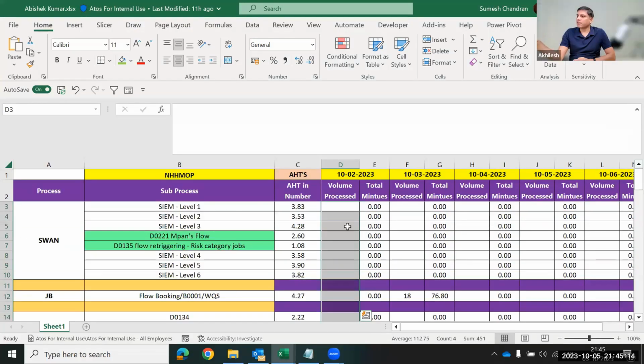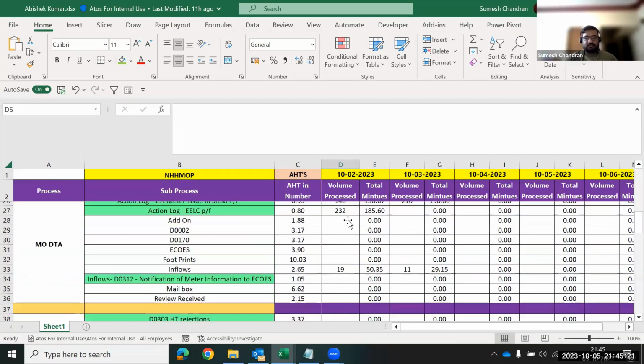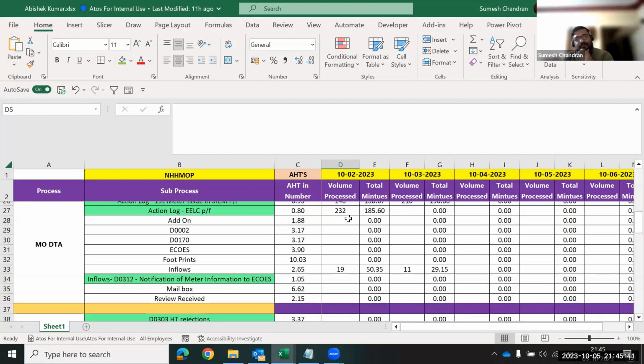This is Abhishek's file, right? Yes. The structure is the same as the main file which you are populating. Okay. So my approach would be, and I will tell you the reason why I don't know macros: I didn't need macros. For the last 8 years I started learning them, but then came Power Query, and all my problems were solved by Power Query. My approach is you take the data from all the people,